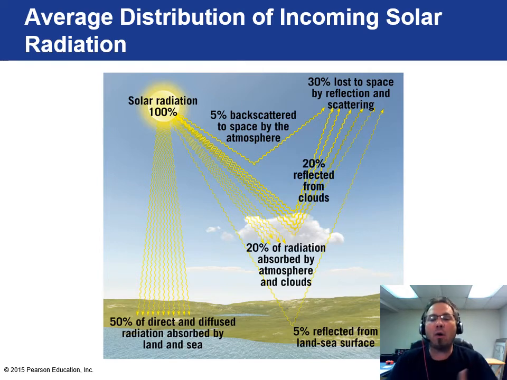So there's a lot going on here in terms of where the energy from the sun ends up, and it's a good thing that we don't get all of it, because the problem with that is we would fry down here on Earth. So we need the clouds to reflect it back. We need the clouds to absorb some of it. We definitely need the land and oceans to absorb a lot of that solar radiation. Otherwise, the whole Earth would be a lot hotter and a lot more dangerous to live on.